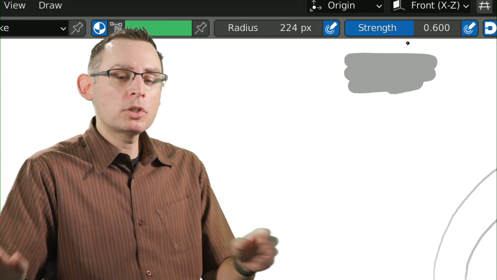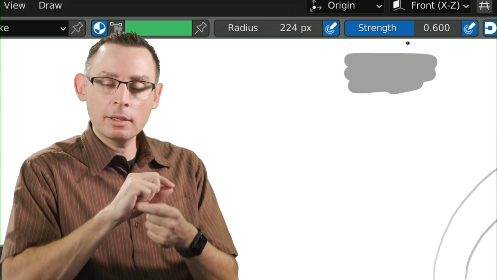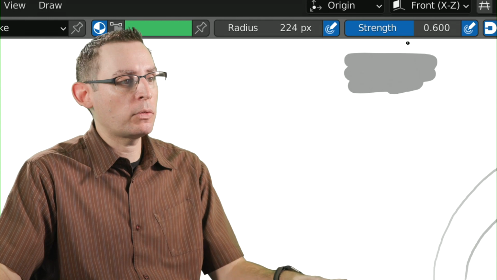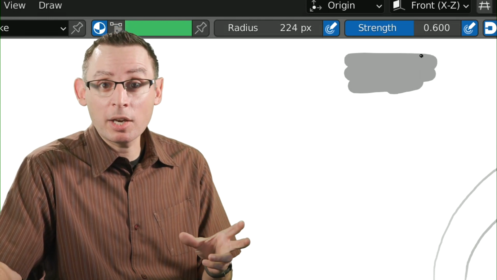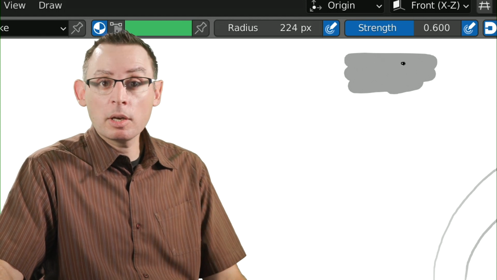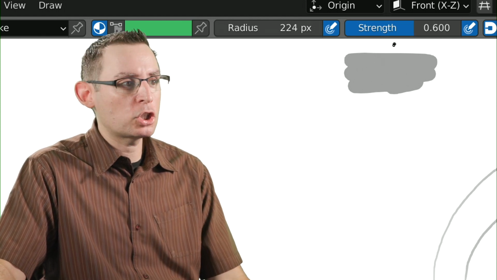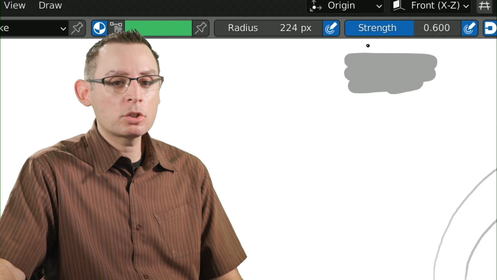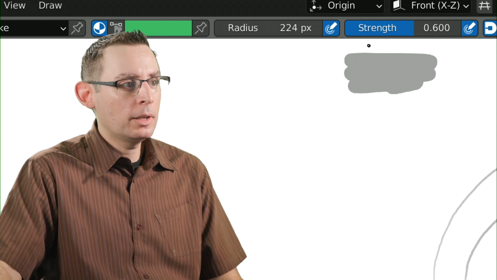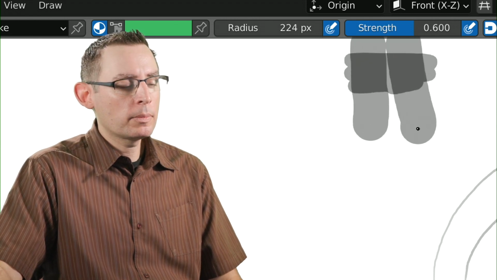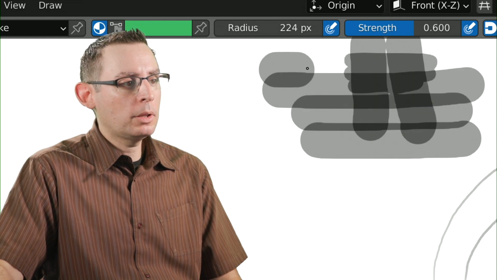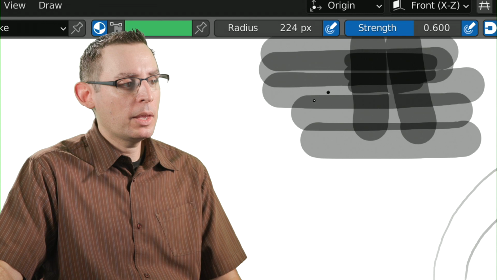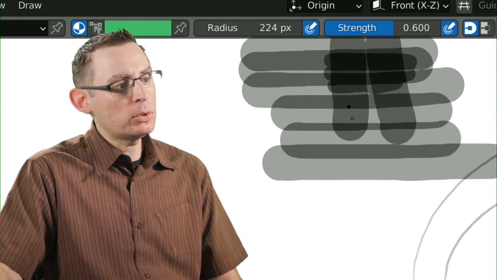The strength is going to determine the opacity of the strokes that we create inside of our viewport. The default value is 0.6, so this is like 60% opaque. I have a section here that I previously drew, and before I change the strength, watch what happens when I start to stroke down on top of it. Isn't that cool? We're layering in. We're painting with multiple layers, levels of opacity. And we can create this really cool kind of ghosting effect.